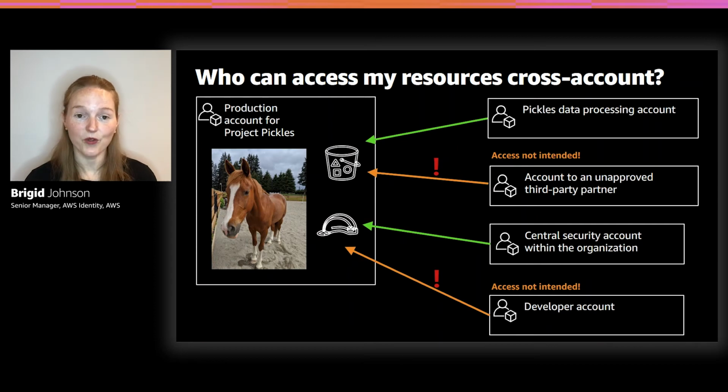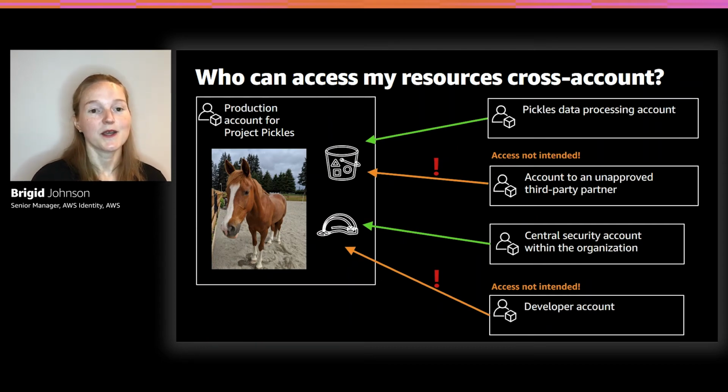Then you might have a role in that account that has access for the security account to assume that role, and it's in your organization. And then there might be one for the developer account, and you're like, okay, that's a production account. I don't know if a dev account should have access to that. And so these are the things that you would see as findings in Access Analyzer, and then go and review and remediate the ones that you did not intend.